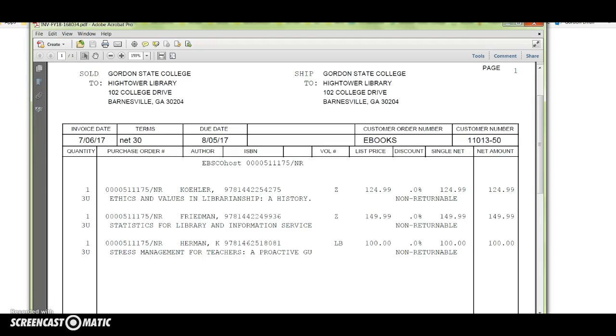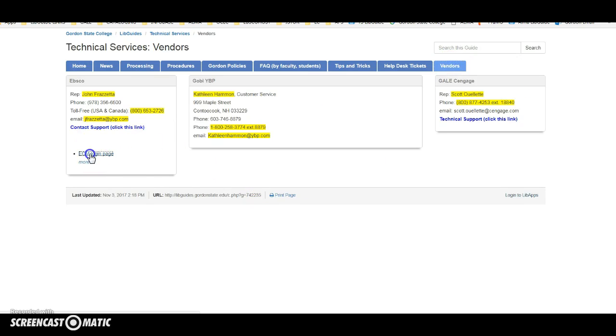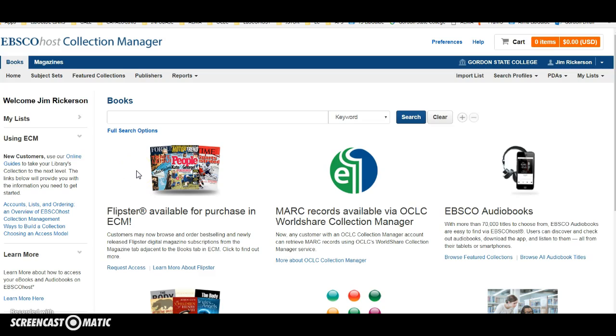Okay, we ordered some ebooks through EBSCO, through the EBSCO Collection Manager, and what I'm going to show you is how to import these into Alma. So this is the invoice that we received, and we're going to start by going to the vendor page and going to the EBSCO Collection Manager